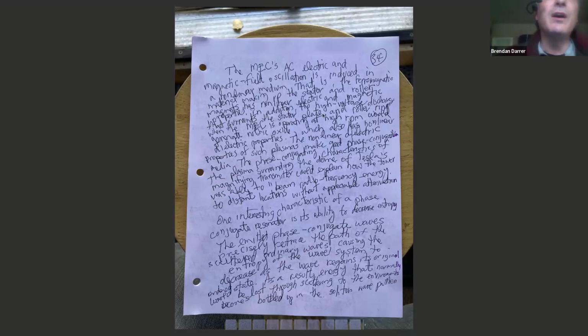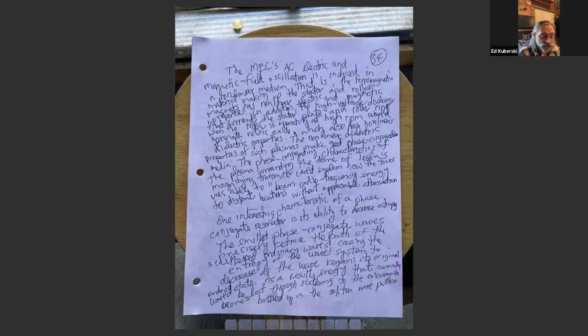In addition, the high voltage discharge that surrounds the stator plate and roller ring when the MEG is operating at high RPM would generate nitric oxide. I'll just stop you there for a quick second because that's exactly the same thing